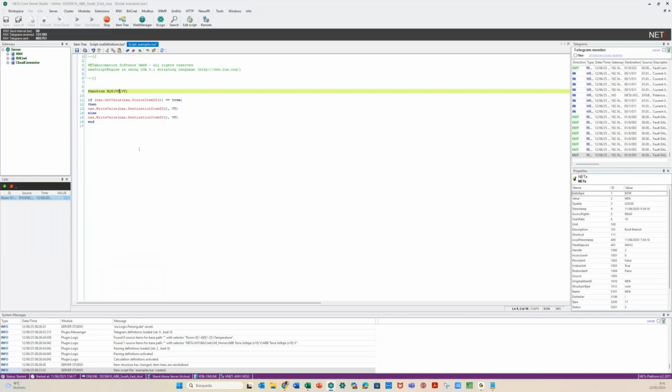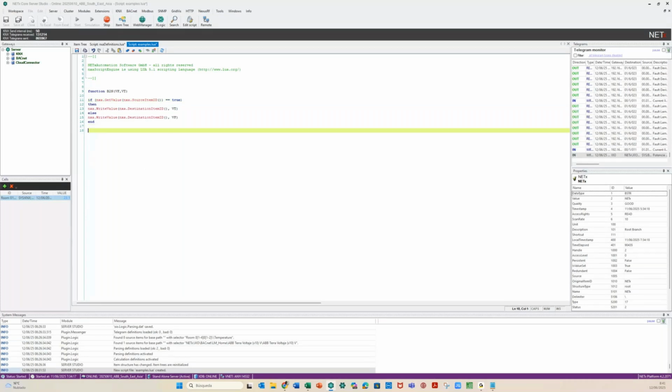So this is the scripting. The scripting is, okay, I get the value from a source item ID, and if this value is true, then I will write the value in a destination item ID with this value true, and else, if it's not true, I will write a value false. This is very simple and simplified, but it's also interesting. So this is a function that is already created. I will leave it here as an example,